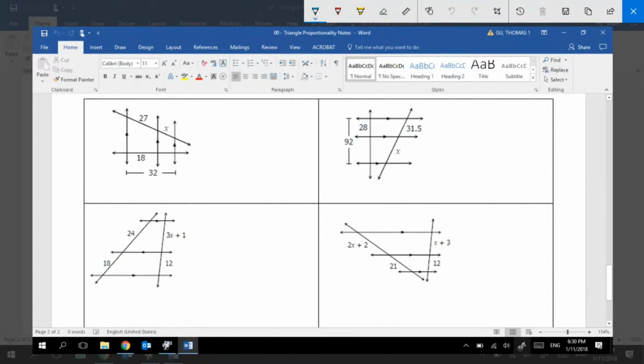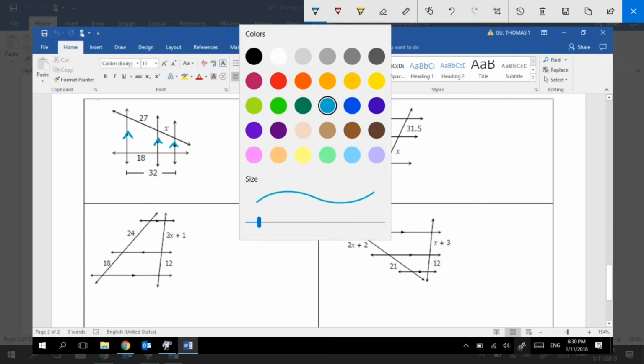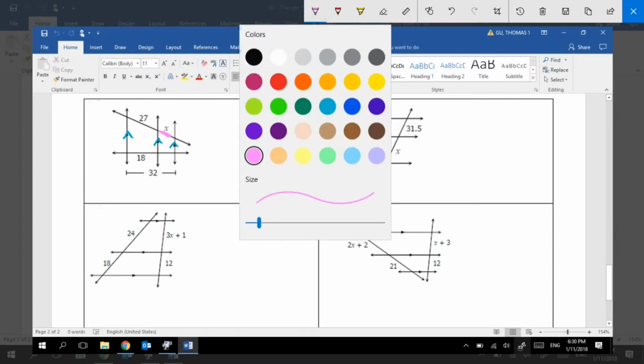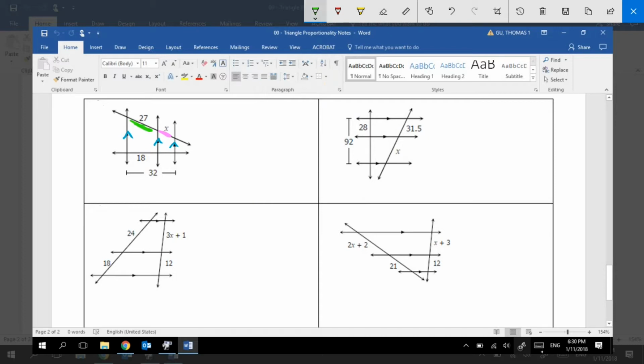Now we're dealing with the proportional parts and parallel lines, but it's pretty much the exact same thing. So look here, we got 3 parallel lines going through the two lines, like 1, 2, 3. And that means my ratio, my proportion, is going to be set up like this. I'm going to do some colors again because it's really easy to see like this. So bam,